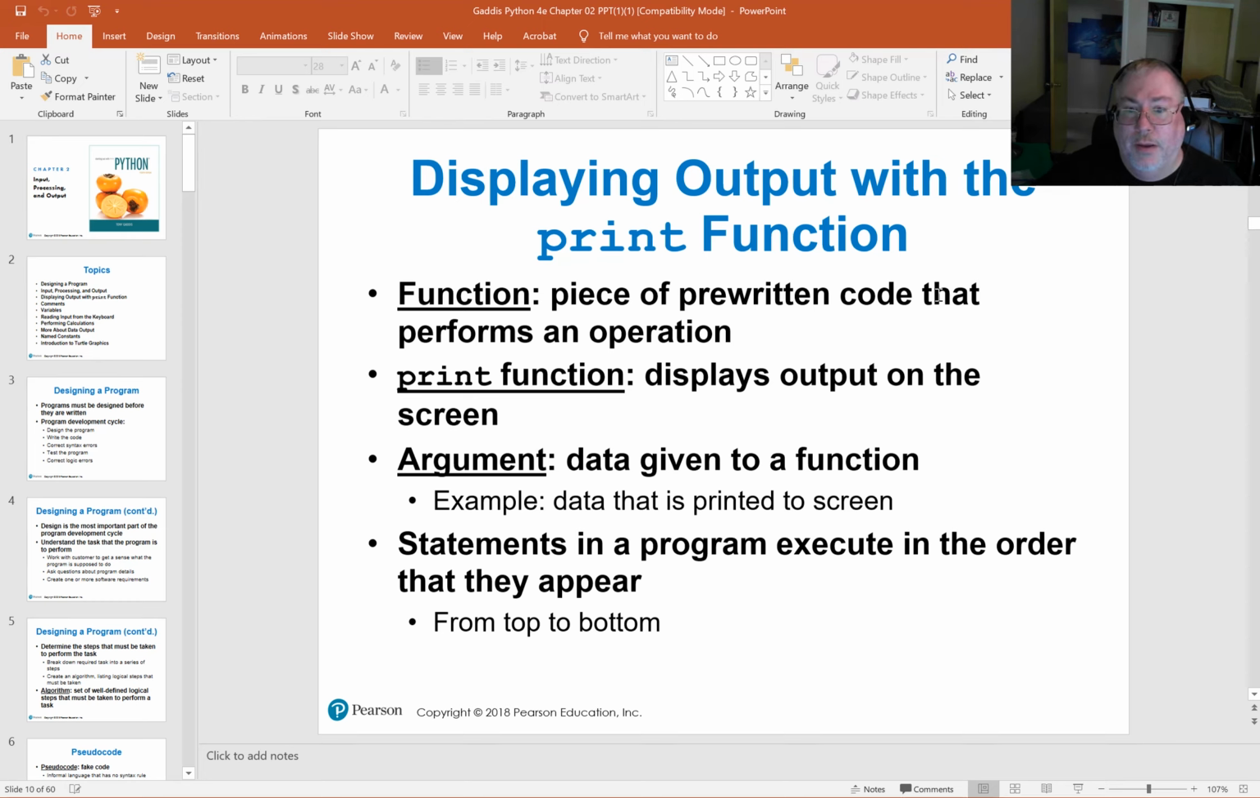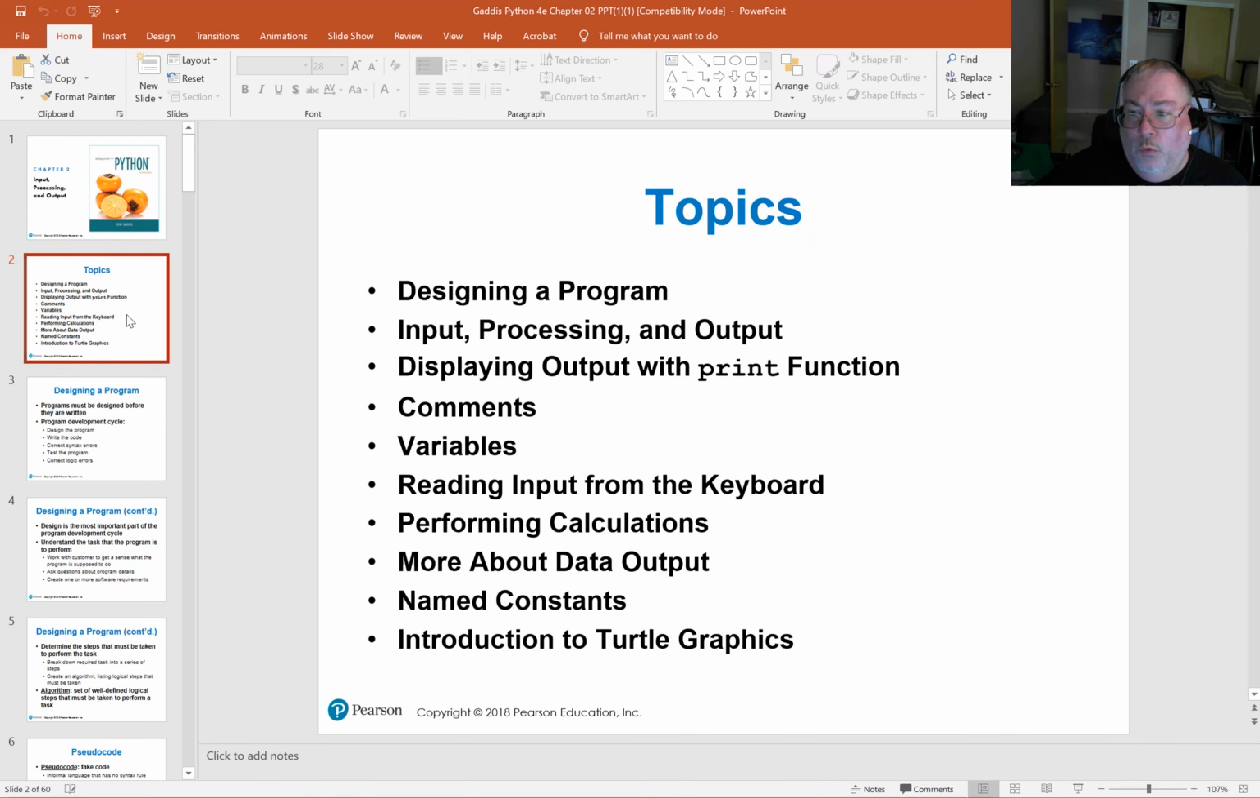Today I wanted to talk about Chapter 2 with you from our Python book. It's Input, Processing, and Output. And the topics today, we're going to talk about designing a program, input, processing, and output, displaying output with a